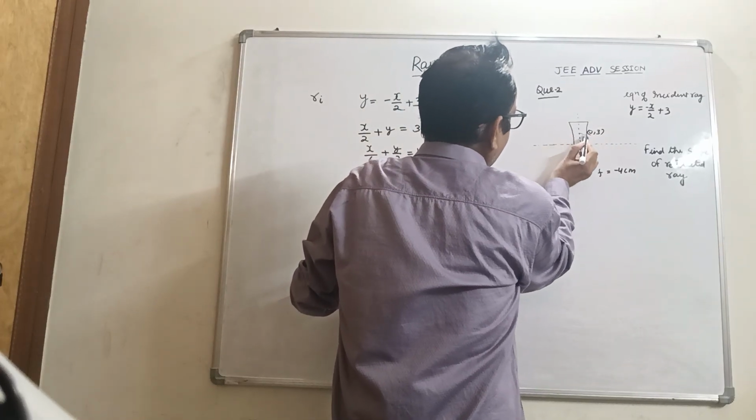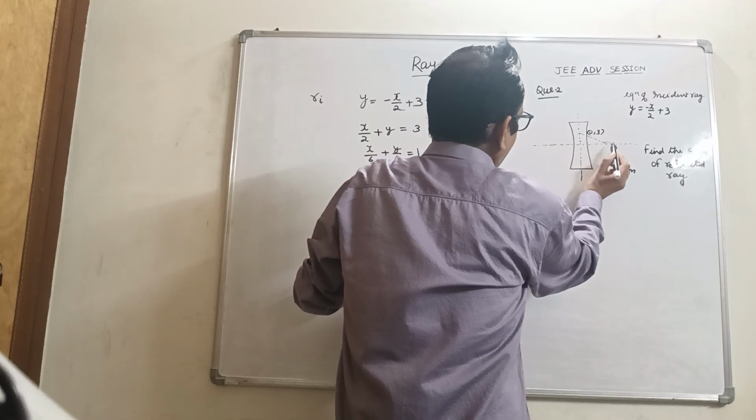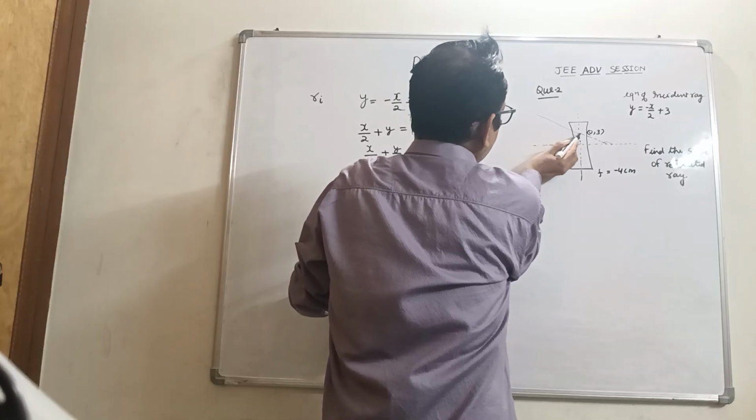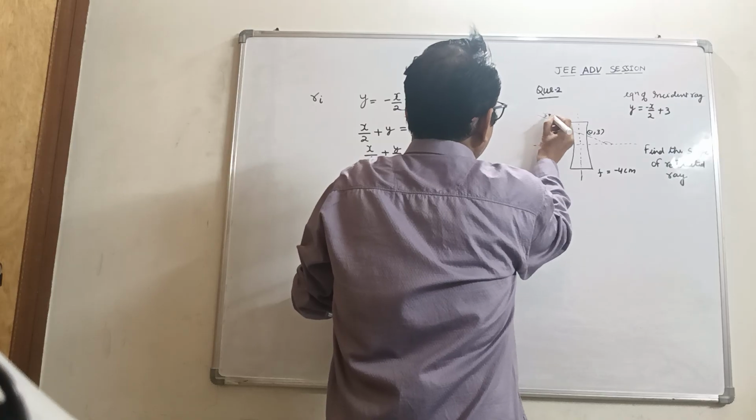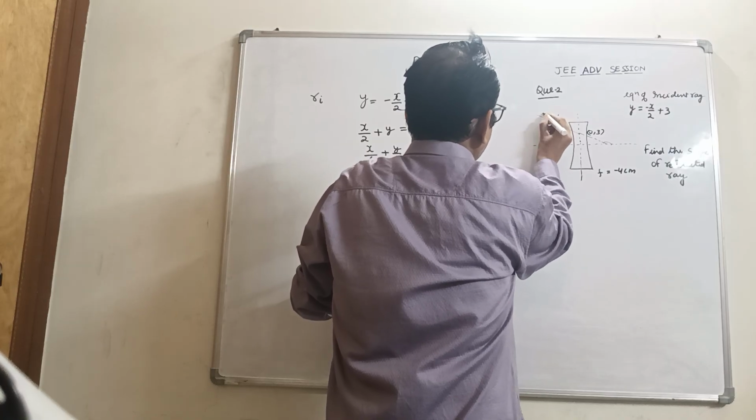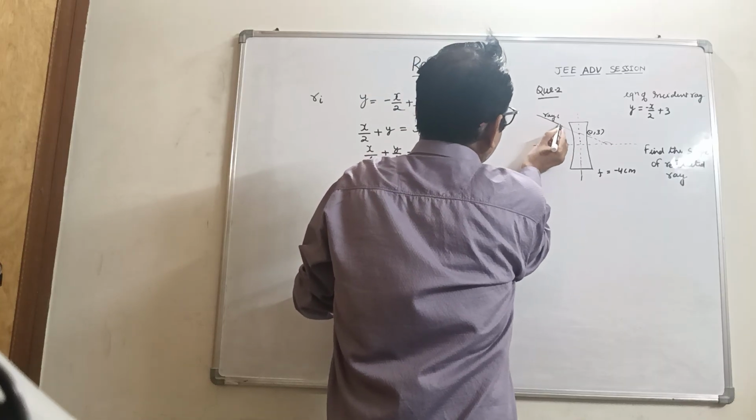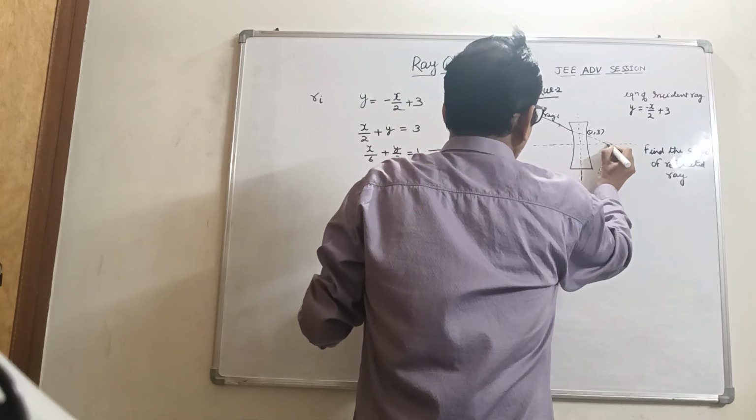So this would be the angle, the acute angle with the x-axis. This would be the incident ray. So the incident ray is this, and this coordinate will be